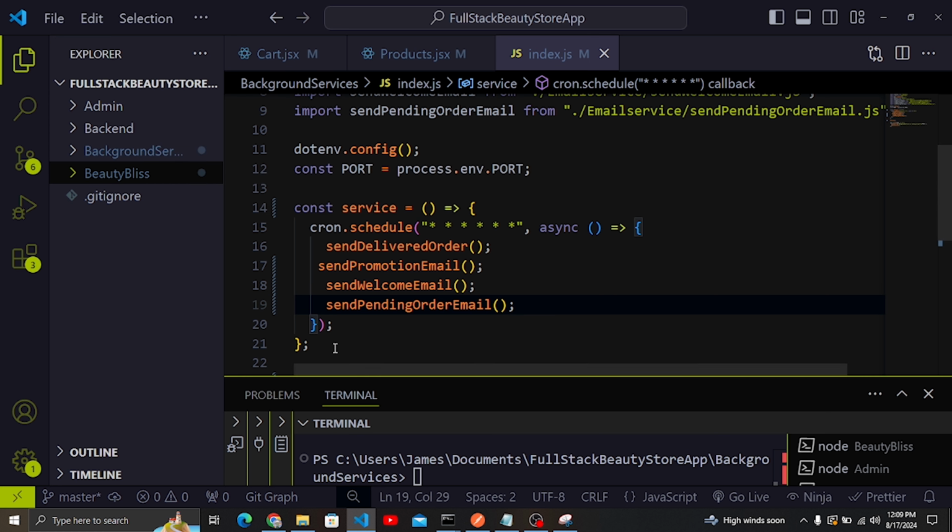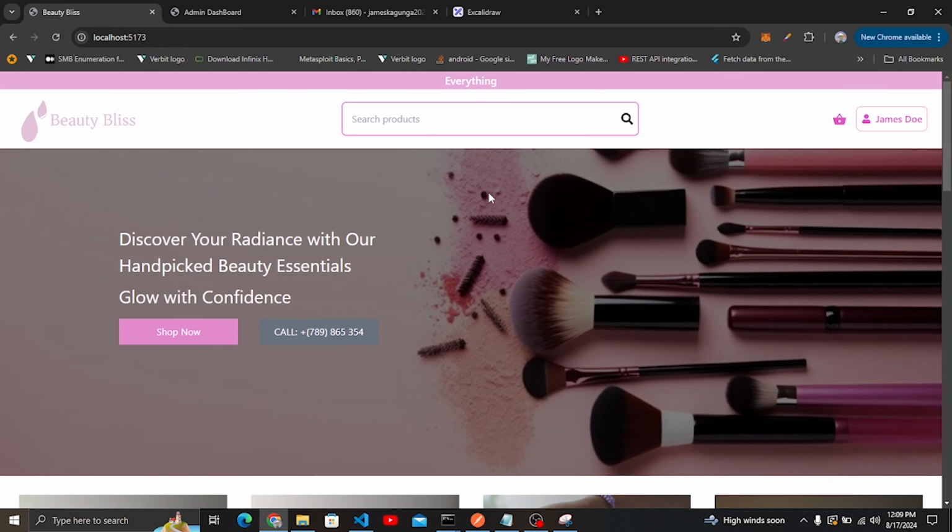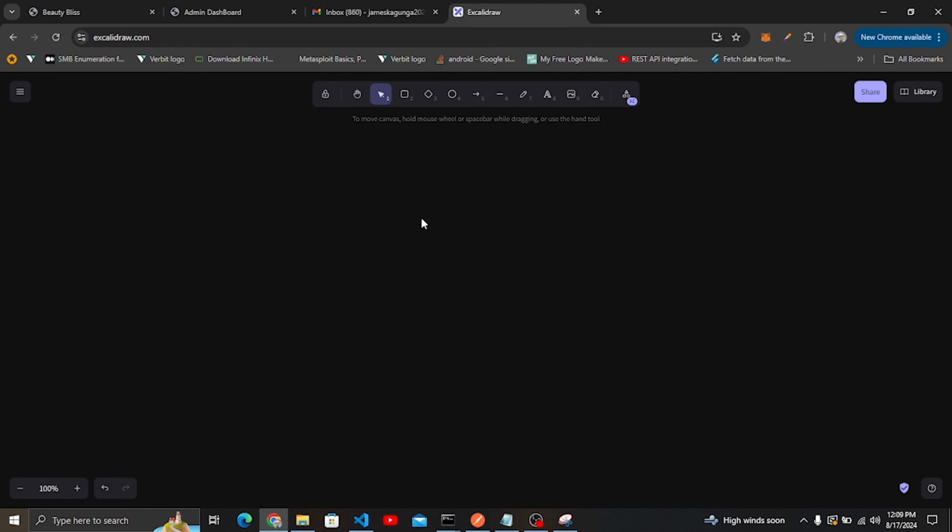I want to explain each and every part here so that you understand how the parts are going to work before we even start coding this application, because this is very important and you should not skip this part. You'll be able to understand how this whole system is working. So I'm going to come here to Excalidraw, open this page, and draw and demonstrate how these parts are going